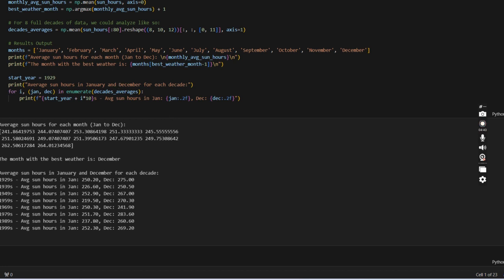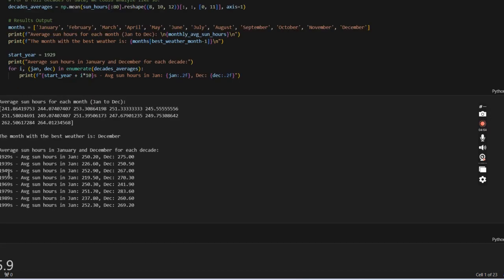I have taken 7 decades, from 1929 to 1999. So this is a start here for each decade. So here we get this value, for each of these decades the average sun hours is this one, and for each one of them the thing is I can get